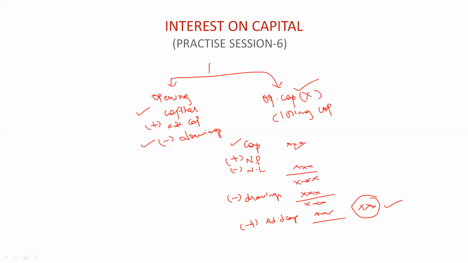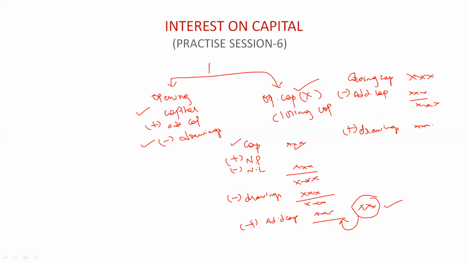Okay. So how can it be done? We just have to reverse all these things. Okay. See, I'll tell you. So suppose closing capital is given. Okay. So now here what we did, we have added the additional capital, right? So here if we have the additional capital, we would deduct it. Additional capital should be deducted. Okay. So we'll get a certain amount. Okay. Then here we have deducted the drawings, right? So then in this case, we have to add it if we have any drawings.